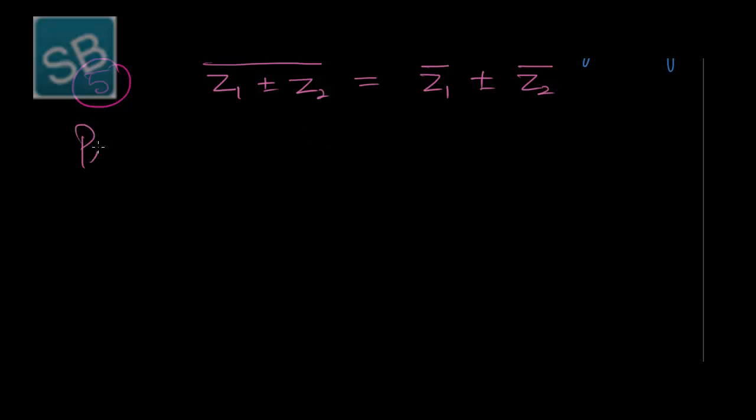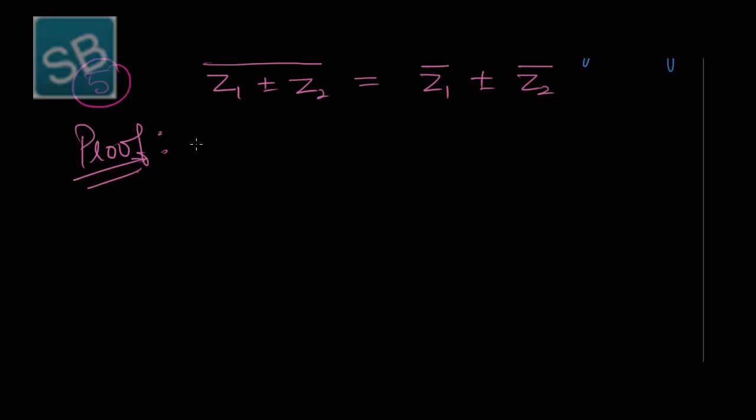The next property, that is the fifth one, states that z1 plus minus z2 whole bar is equal to z1 bar plus minus z2 bar. That means z1 plus z2 whole bar is equal to z1 bar plus z2 bar. Also, z1 minus z2 whole bar is equal to z1 bar minus z2 bar. So the proof is,